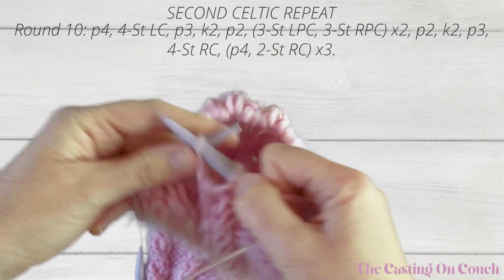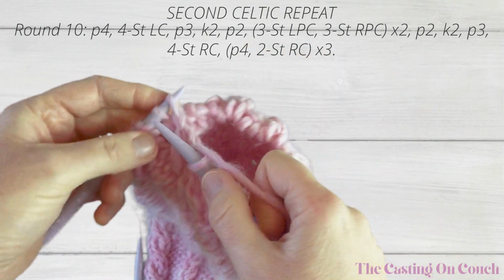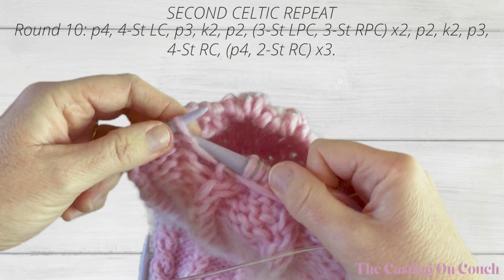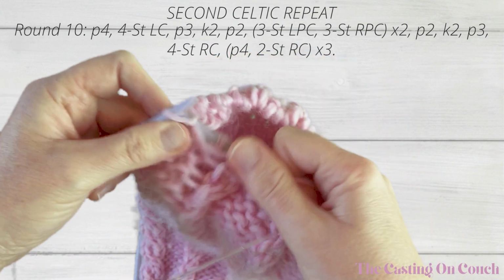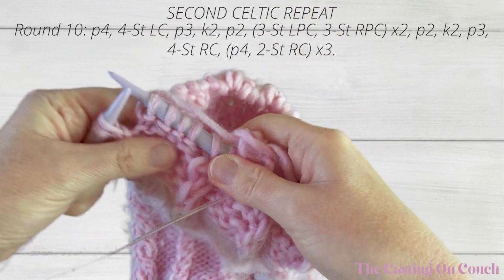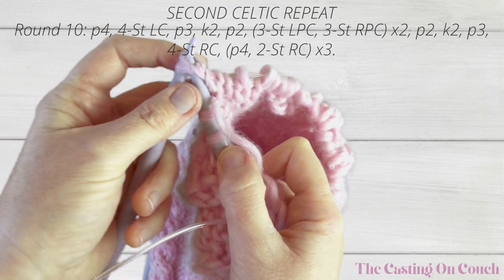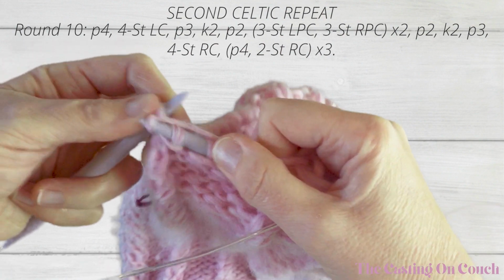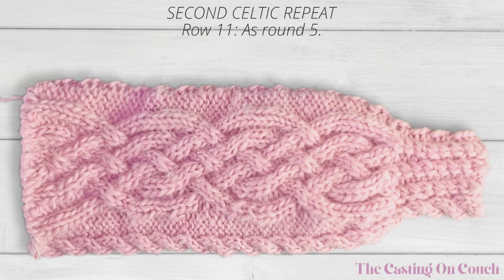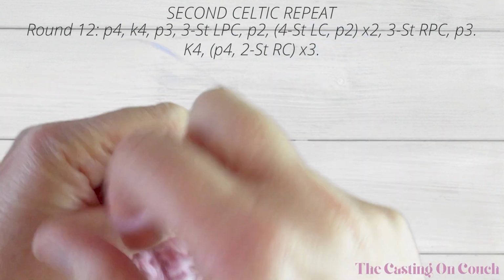So purl 4, two-stitch right cross, purl 4, so that's 1, 2, 3, 4, and end with a 2-stitch right cross. So that's round 10 for you there. Round 11 is as round 5, so keep maintaining the pattern. Round 12, we're going to begin by purling 4,